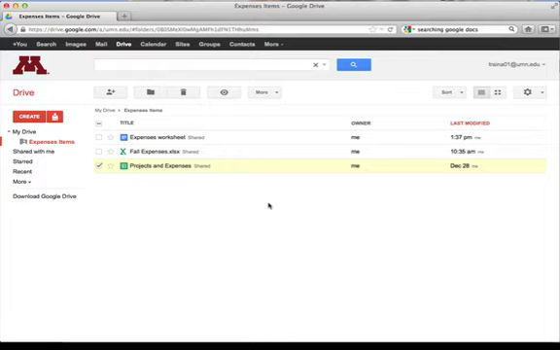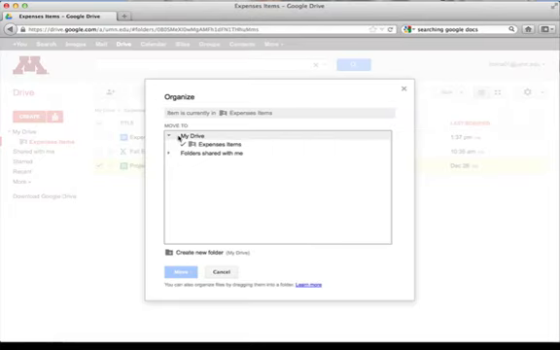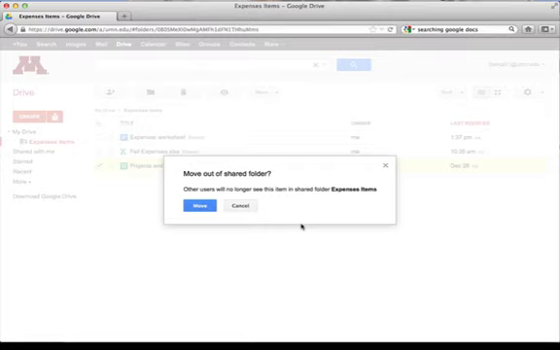One caveat with that is that if you choose to move something out of a folder, then the sharing will not follow it. So this projects and expenses was shared with Ellie. If I click on the organize and then move it out of the expenses shared folder into my drive, when I click move, I will get a warning saying that if I move this, then people will no longer be able to see or find it. If I click move,